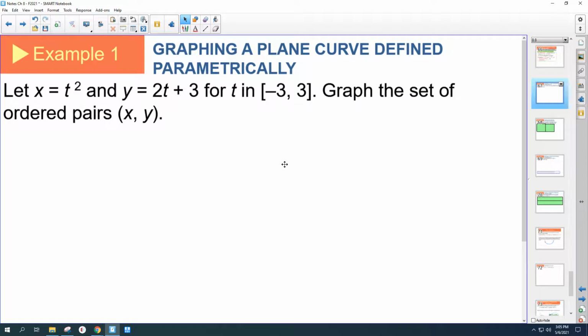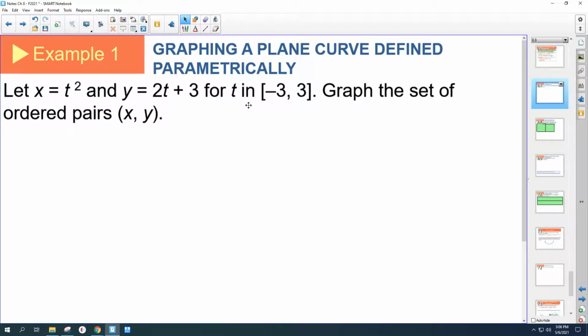An example looks like this. Let x equal t squared and y equal 2t plus 3 for t in the interval from -3 to 3. Graph the set of ordered pairs x, y. So at first glance, it looks kind of tough. And if you had to do it by hand, it'd be a little bit harder, but we're going to do